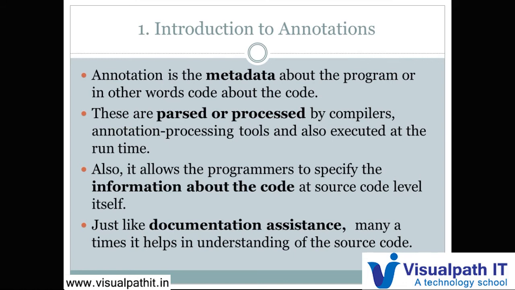Annotation is basically data, the metadata of a particular program or the program that we are writing, or in other words, the code about that particular source code. Spring Framework started using annotations post 2.5 release version. Before that, there were no annotations being used. So basically, these annotations provide context, the why exactly the declaration exists.